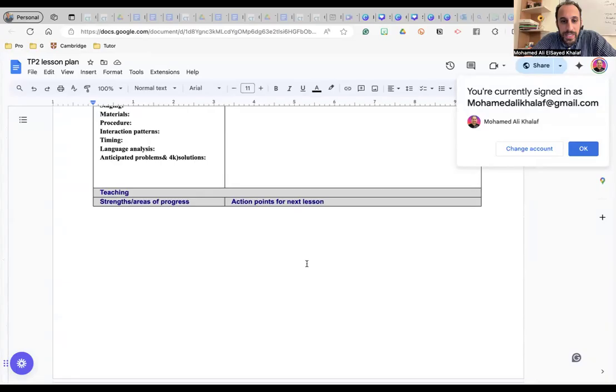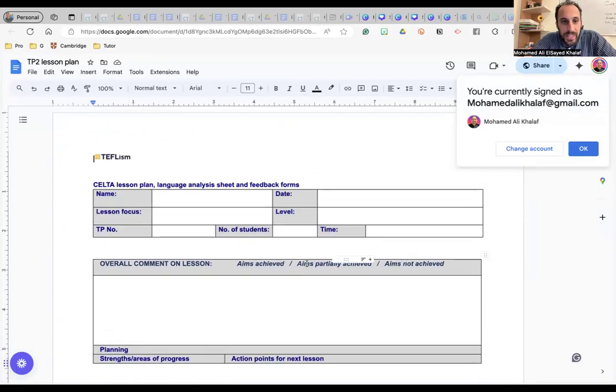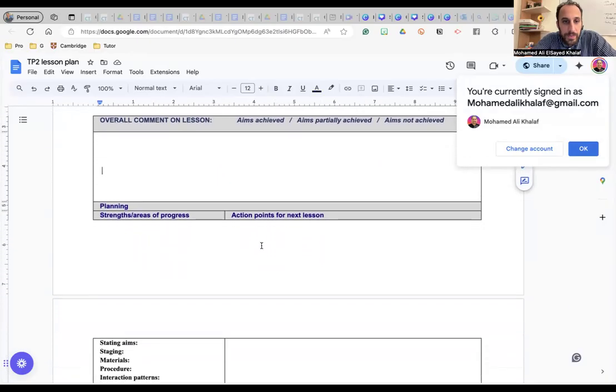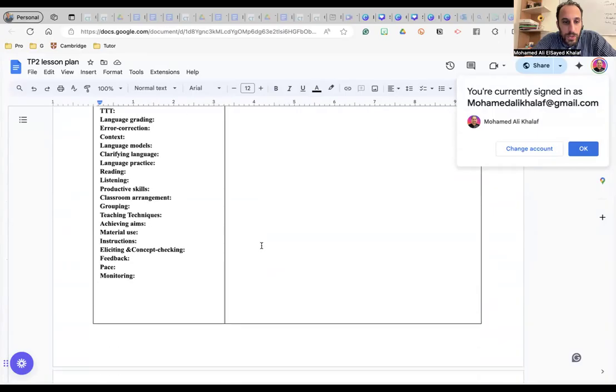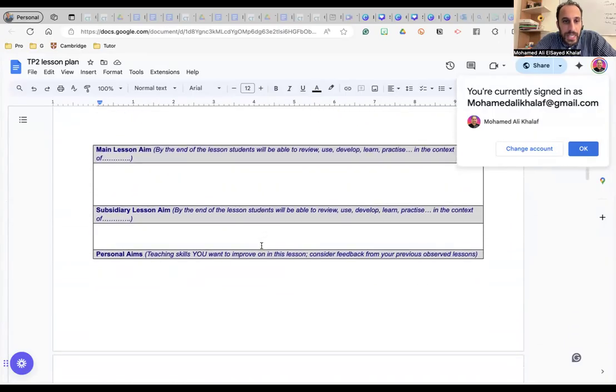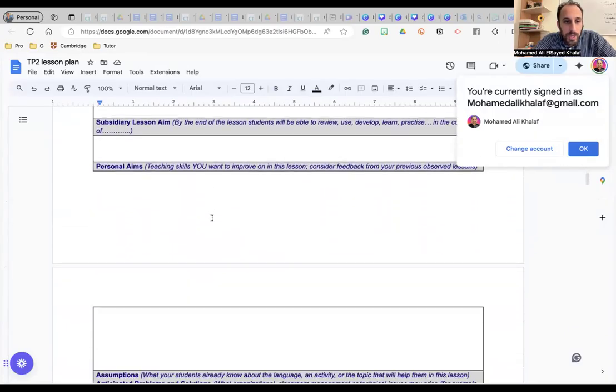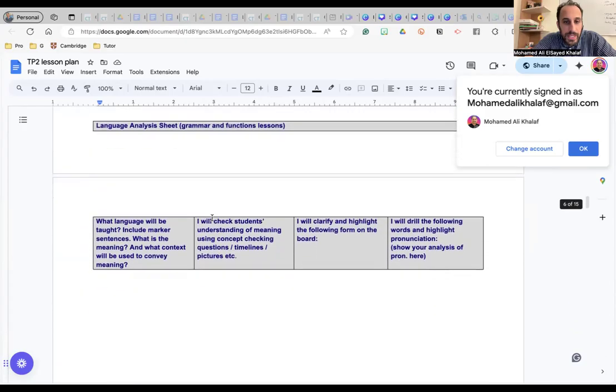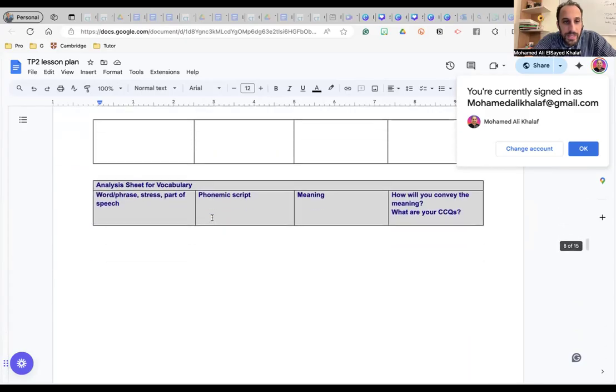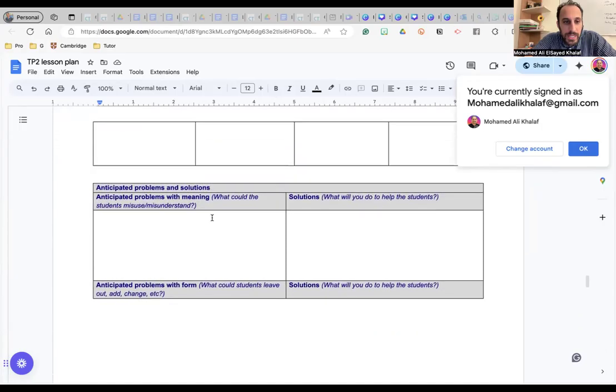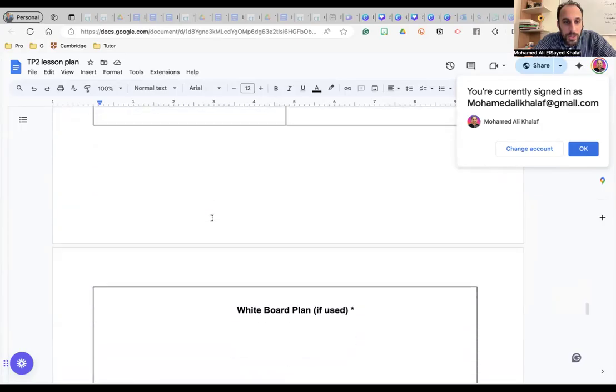So you're not writing anything here in the overall comment. You just write your name, the lesson focus, TP number, number of students, the date, the level, and the time. But this is for the tutor to fill. Also, this is for the tutor to fill. And here, you're going to write your main aim, sub-aim, personal aims, your language analysis sheet, some anticipated problems and solutions.